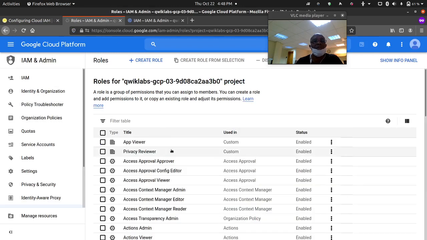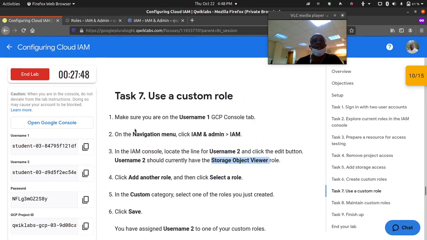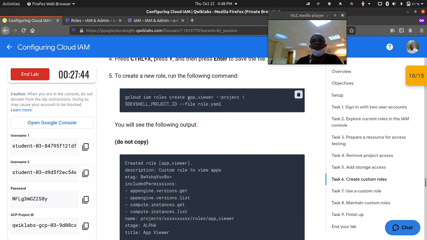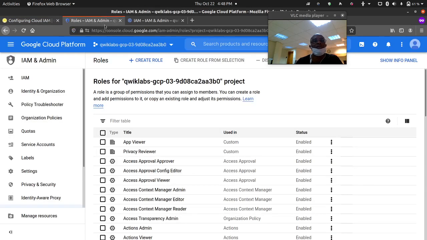So we can do any one. Okay, so those are the two roles. Okay, app viewer, and let's check this out. This is quite important because look at the name. Okay, app viewer, lowercase and an underscore. Okay, so let's go to